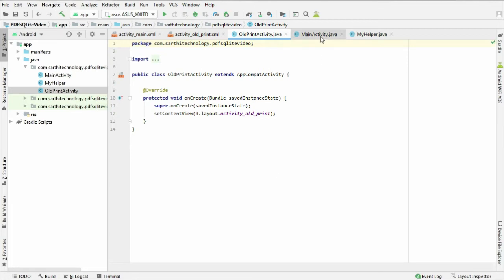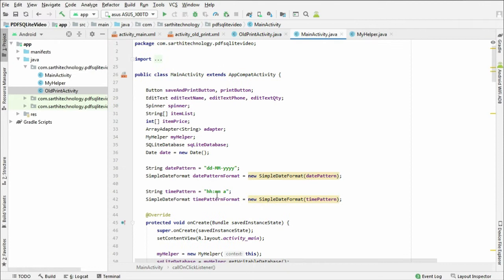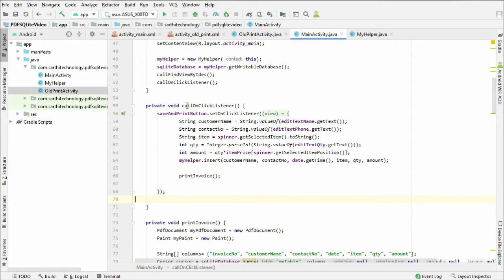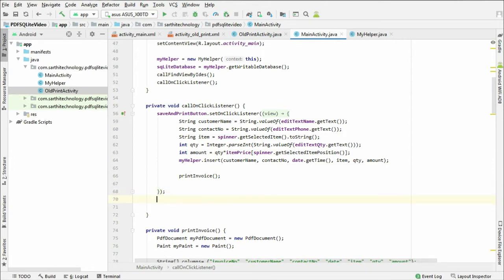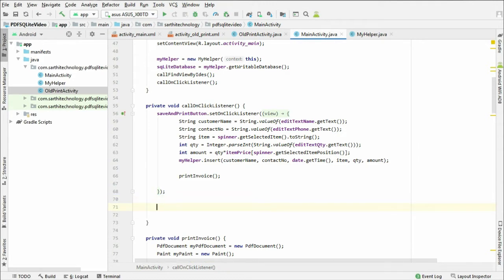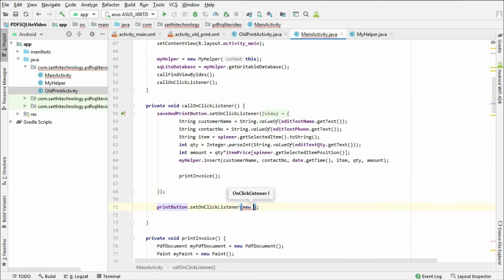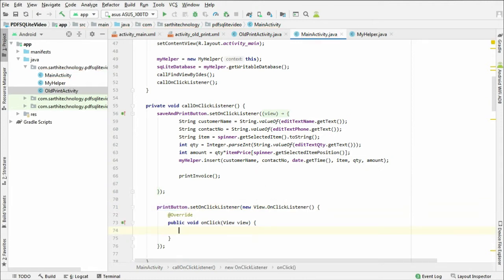Just go to the MainActivity.java and here in this onClickListener we will create another listener for the print button. So printButton.setOnClickListener, new OnClickListener, and here we will create an object of Intent.